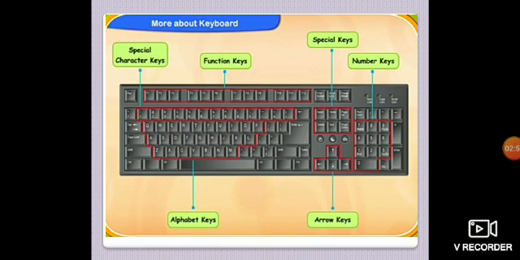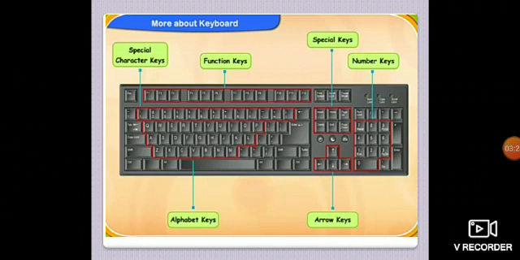Now see, in the picture you can see that there are number keys also. In the keyboard there are 2 sets of number keys. One is on the right hand side of the keyboard and one is on the top of the alphabet keys. The top row, where the number keys are also present, contains special characters. How can we type that special character? We will press shift plus that number key, so we can get the special character. We will learn more about this later on.